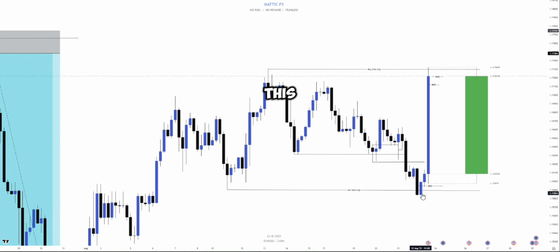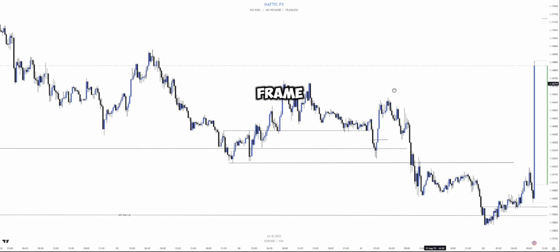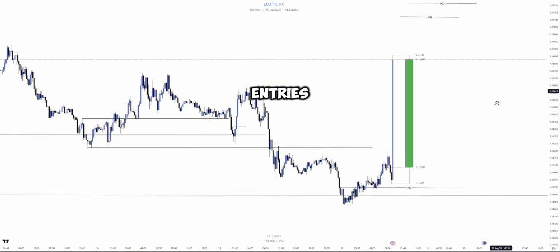So I missed this. I think this was the London session. Yes, this was London session. Literally was asleep. Literally one of those higher time frame, 4-hour time frame. In my opinion, the 4-hour time frame is like Google Maps. Literally, Google Maps tells you where the market is going or is likely to go. So we're done with the 4-hour time frame. Let's go back to the 15-minute time frame. That's where we basically do all of our entries and